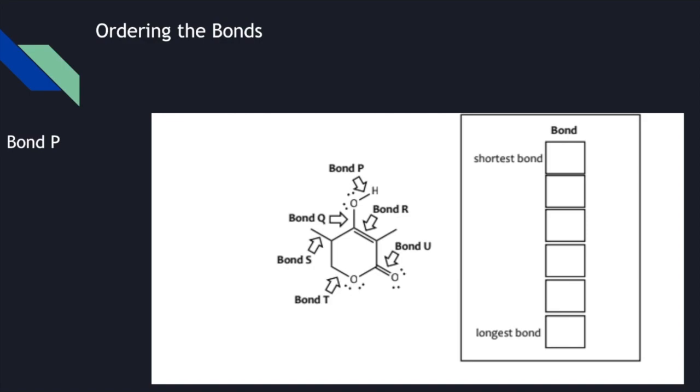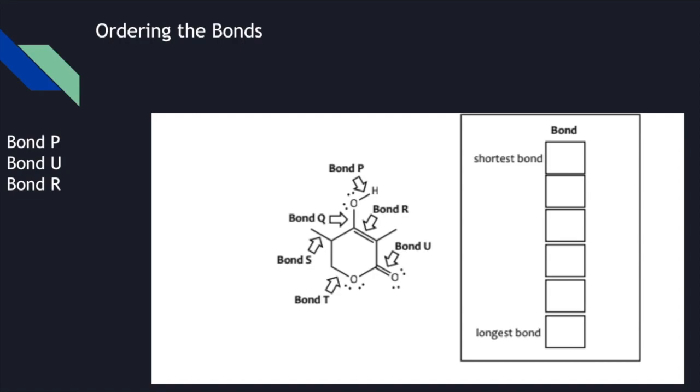We have accumulated all the information. Now we must put it all together. Based on the specific and ordered ranking for bond length, bond P is the shortest bond length due to a bond involving hydrogen. Bond R and bond U are double bonds. Both atoms involved in the bonds are sp2 hybridization, but U is shorter than R because oxygen is more electronegative